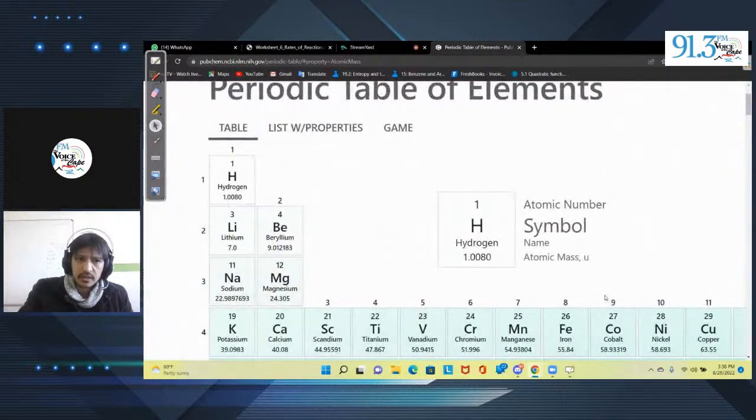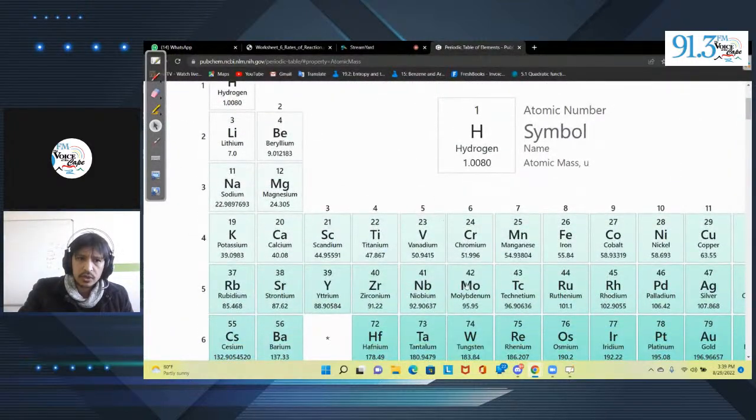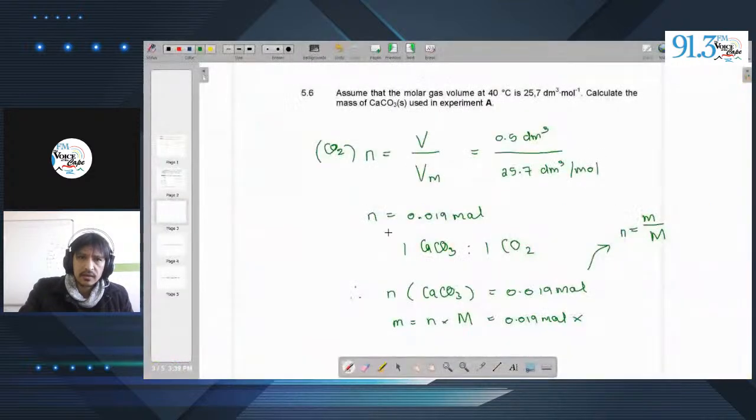Calcium is group 2, 40,08. All right, so let's just make a note of that. So we got 40,08. Carbon we know is 12, and oxygen we know is 16. So let's just work it out. This is 16 times 3. We're adding this all together. All right, so I've got 16 times 3 plus 12 plus 40,08. And that gives me a value of